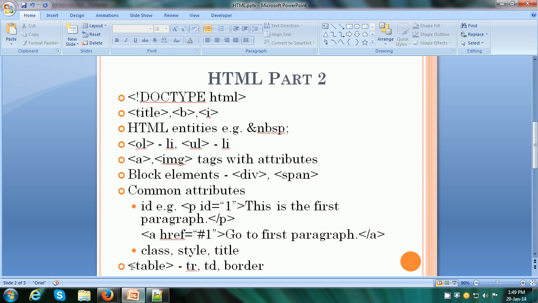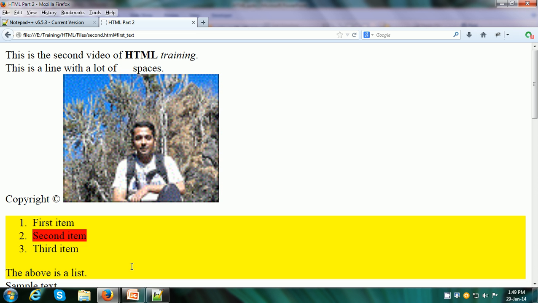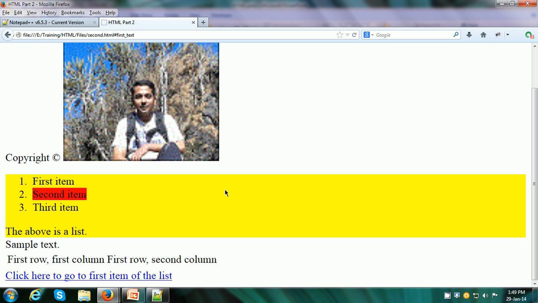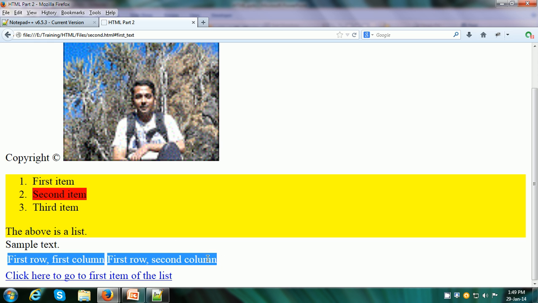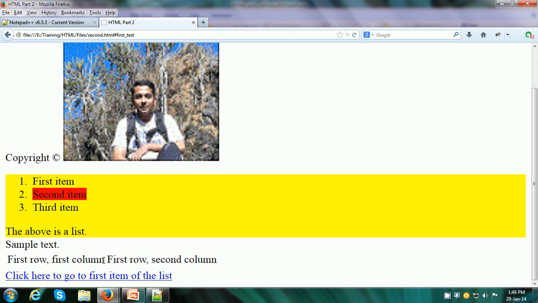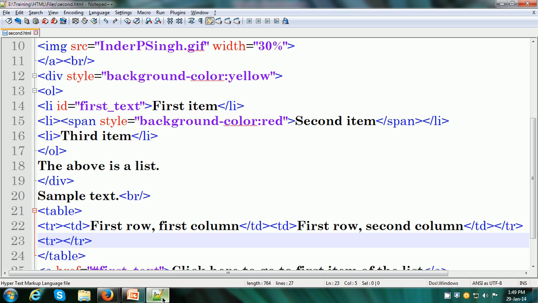So let us go to our web page and refresh it. So here you can see that just a single row has appeared and there are 2 cells here. So this is first row first column. So how we implemented it? So let us go back.